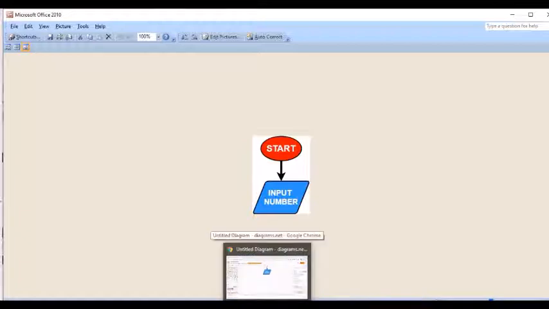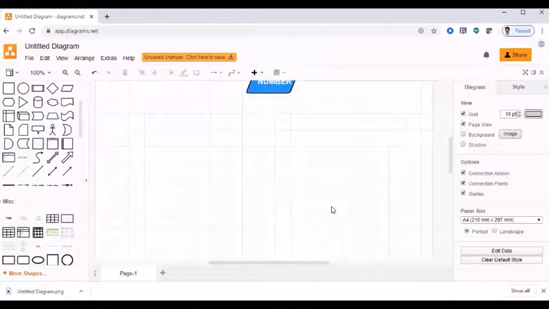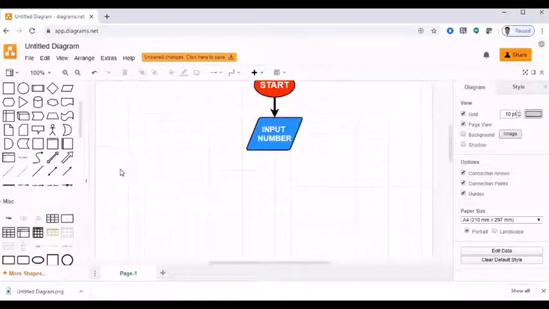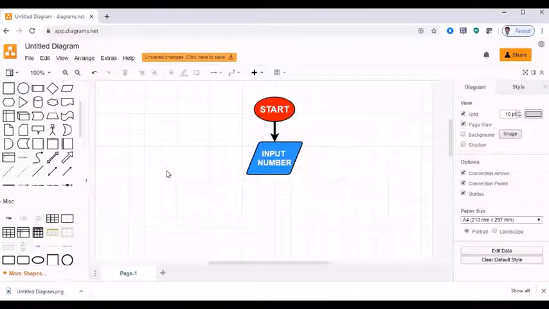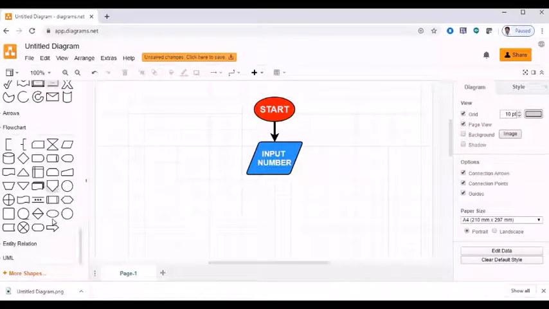If you complete all the other things, you can save it as a file and get the drawing. So this is how you can make a flow chart or any other drawing from all the available shapes with the help of draw.io.